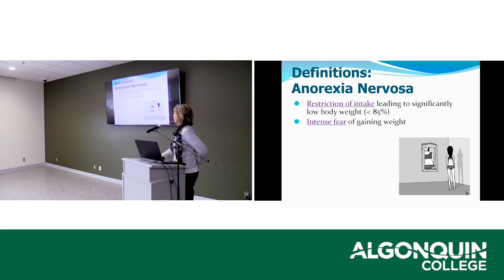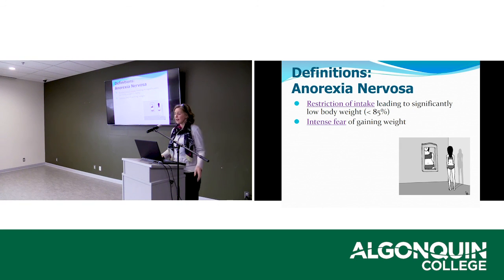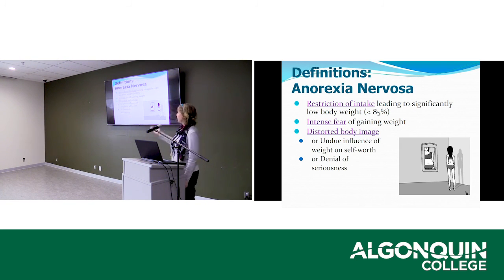The next thing you need for anorexia is an intense fear of gaining weight. That's where that obsessional thinking happens all the time. And the last thing you need is one of these 3 things. So distorted body image, which is what that picture is referring to, that's a very real phenomenon. People see themselves as up to 200% bigger than they actually are, almost like a delusion. Complete influence of weight on self-worth, and lack of insight and denial of seriousness, which is also a real